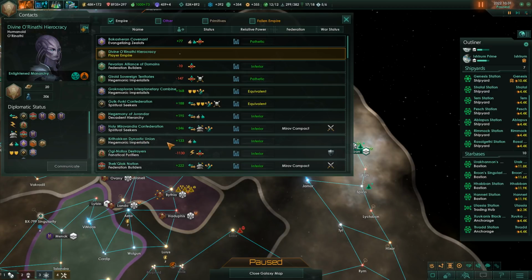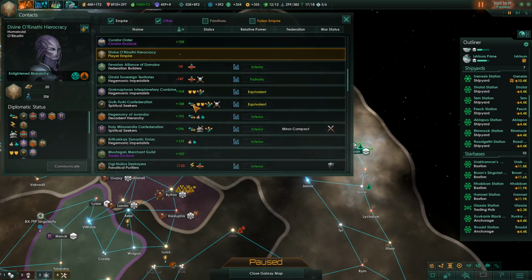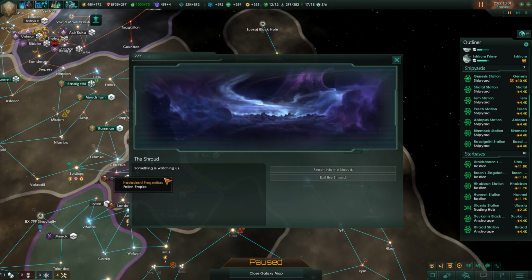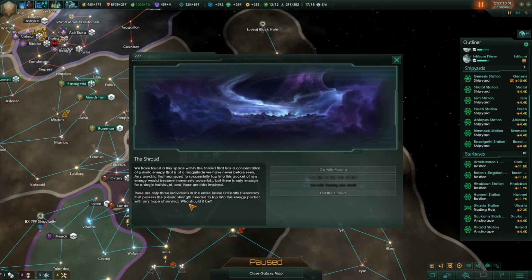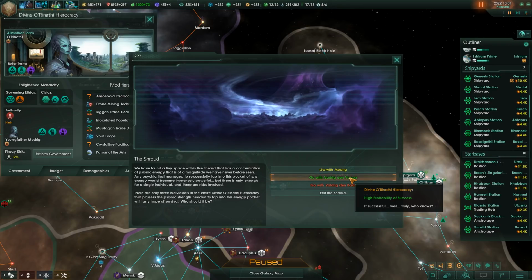Okay, Shroud accessible. We had to turn them down last time we were talking to them, which made me very sad. Something is watching us. Reach into the Shroud. We have found a tiny space within the Shroud that has a concentration of psionic energy of a magnitude we've never seen before. Any psychic that managed to successfully tap into this pocket of raw energy would become immensely powerful, but there is only enough for a single individual, and there are risks involved. So this is the same as before. I mean, again, I'm not a fan of letting these guys be